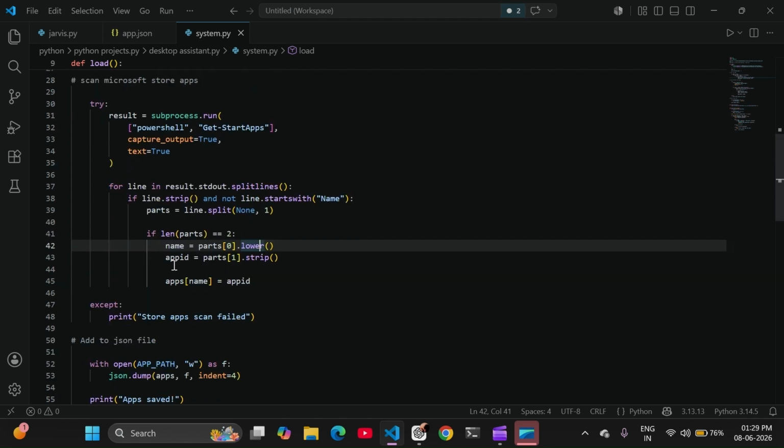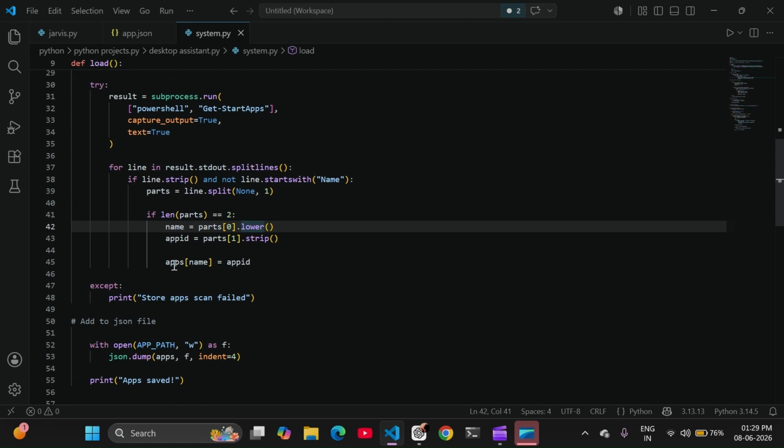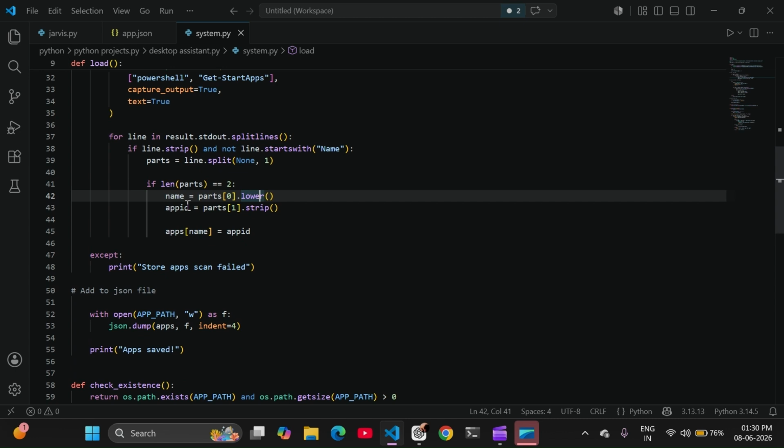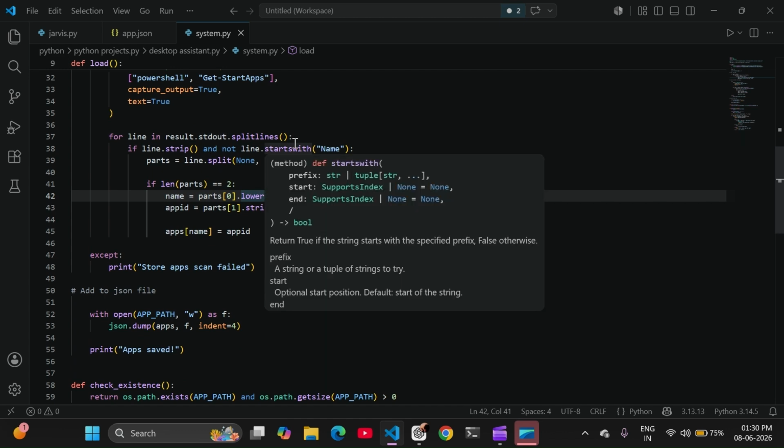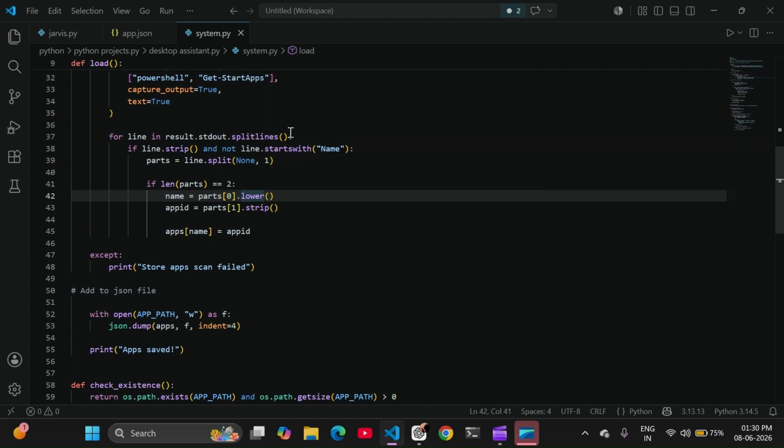Now we have data which contains all the applications and their paths. Now for line in result.stdout, which means standard output, splitlines. So in the result we are splitting lines of result.stdout. This is important.